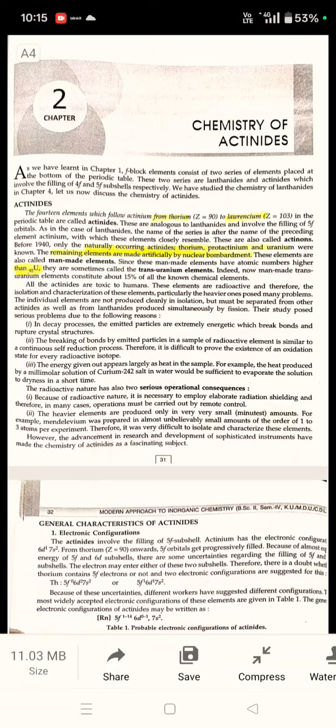The radioactive nature has two serious operational consequences. First, because of the radioactive nature, it is necessary to employ elaborate radiation shielding, and therefore, in many cases, operations must be carried out by remote control. Second, the heavier elements are produced only in very small amounts. For example,